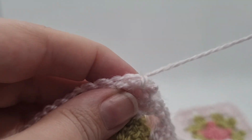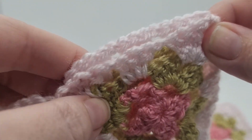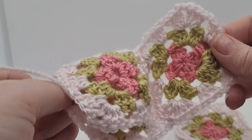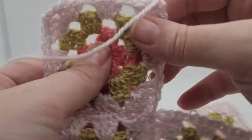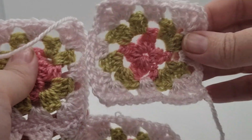So there's 2 in there. And then I'm going to go all the way along, so I'll meet you when you've done it. So my 3 now look like this, and we've got that yarn here. We're now going to join the next one,